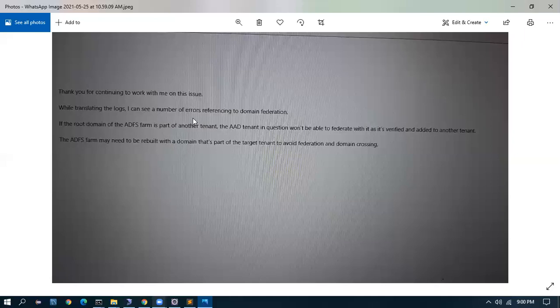What they are telling is that you have issues in the AAD tenant? Yes. So the AAD tenant in question won't be able to federate with it. You are trying to sync AAD with ADFS, correct? Yes, that is when you have the issue. So they are saying you are not able to sync AAD with ADFS because ADFS is part of some other tenant.